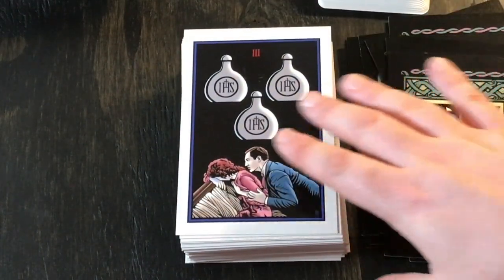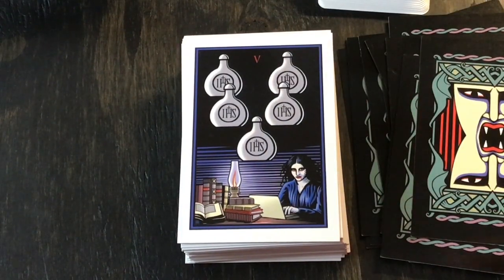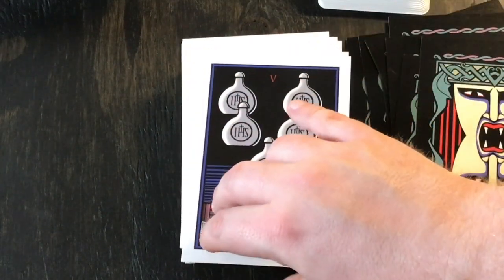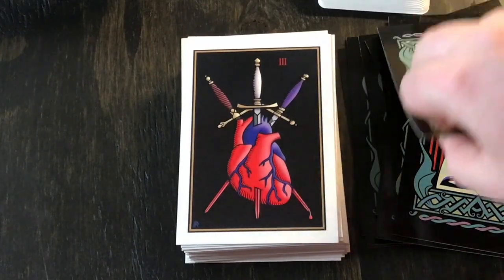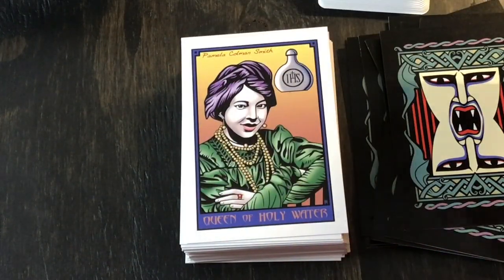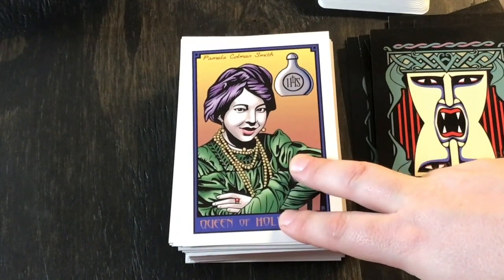It's an interesting deck for the minors or pips because they have sort of a Marseille style with illustration, so you kind of get the best of both worlds in that case. A lot of his decks do that, which is kind of nice. The courts are all people who had a relationship to Bram Stoker, who wrote it, or were characters that influenced the book. So he knew Pamela Coleman Smith